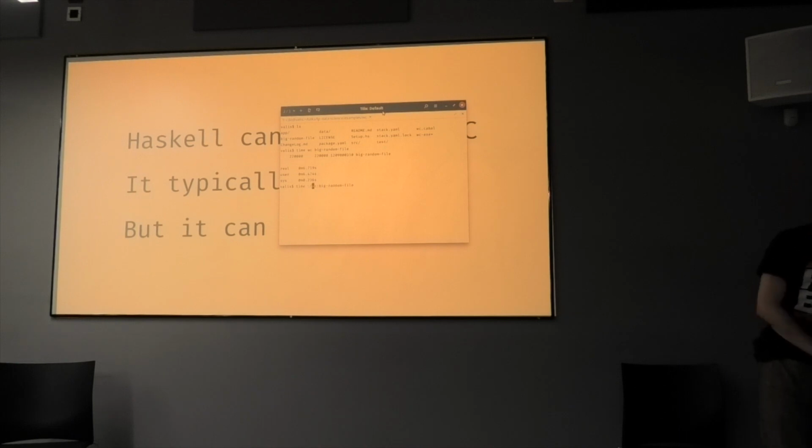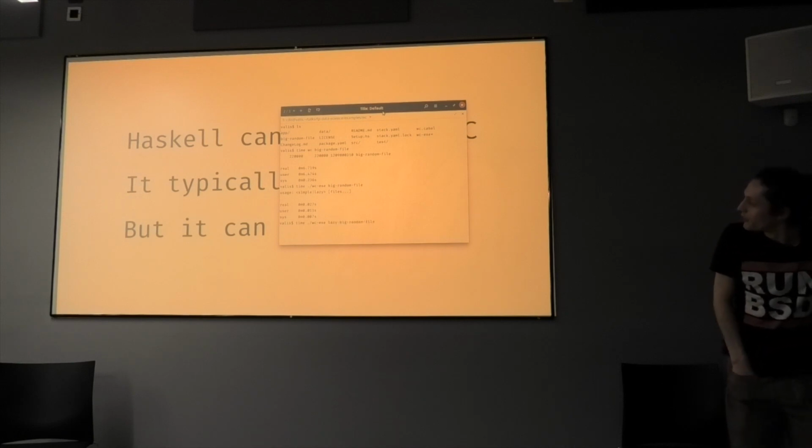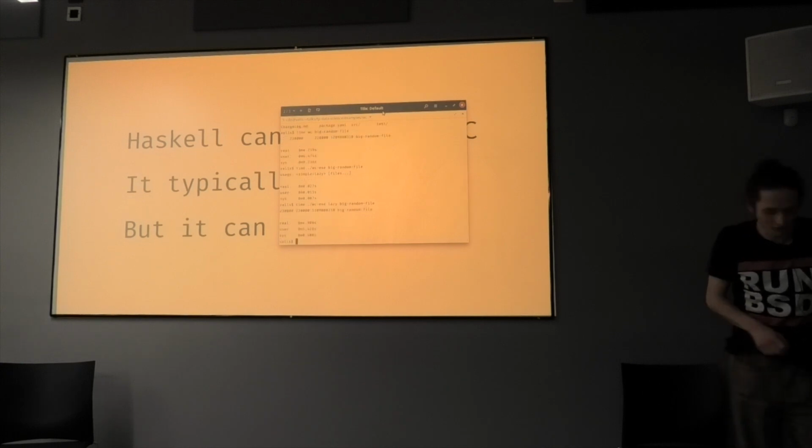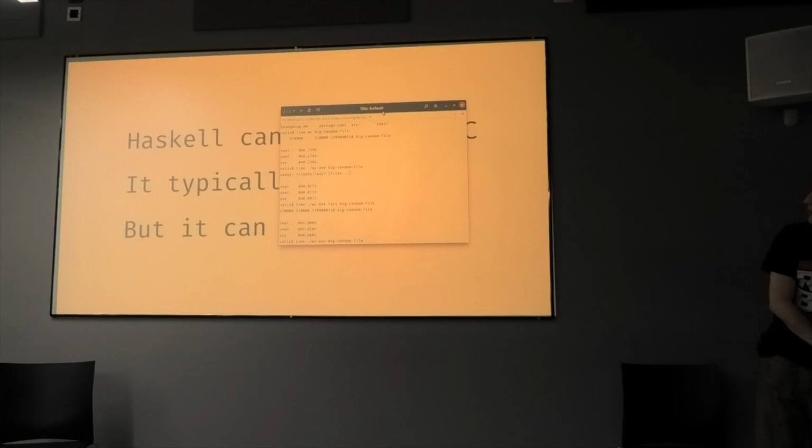If we run our Haskell one on it, oh yeah, this needs to take an additional argument here. This is when it's going to be much slower. Oh, there we go, faster. And if we run them both a few more times to account for things like disk caches and so on, you'll see it's consistently faster.